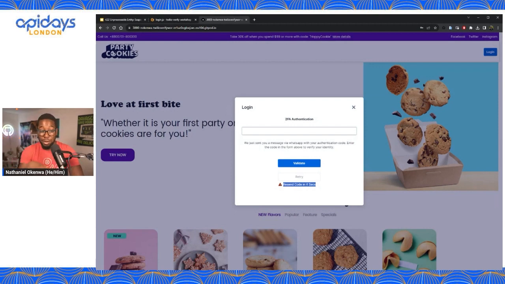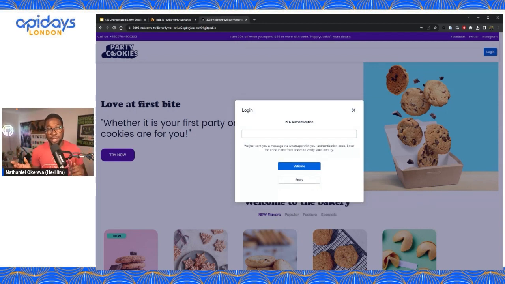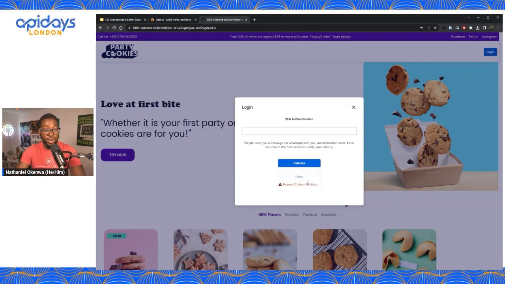Your user sees this and goes, "Oh, I just need to wait 30 seconds." You may want to tweak the time based on what you're doing, and that's totally fine. So now I can hit retry. If I hit retry, it now goes to 60 seconds, and it would be exponential retries. Let me just quickly pop in the code so that I can move on with this.